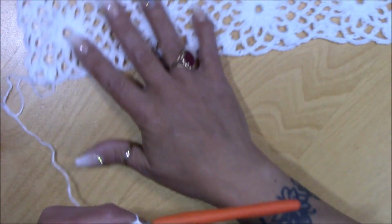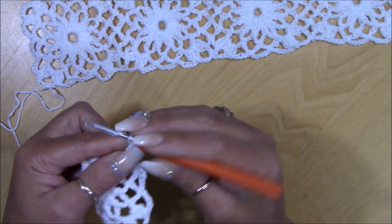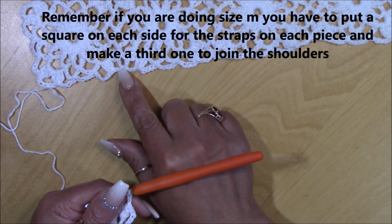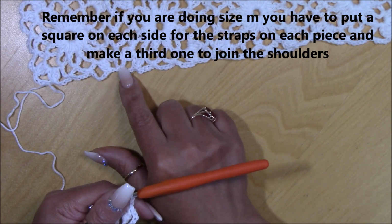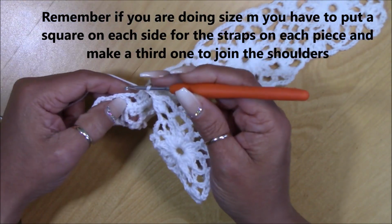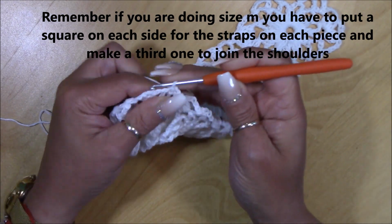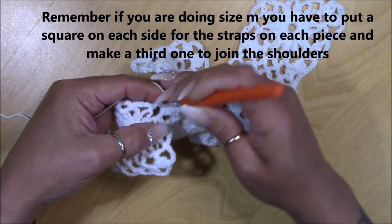Now I'm gonna start in here. So you're gonna chain 2. I'm working on the 3rd corner, and exactly where you have your single crochet in here, in between these 2 corners, you're gonna do your single crochet. So you're gonna come here inside the single crochet, you're gonna do your single crochet, you're gonna chain 2, yarn over, and you're gonna do this corner,